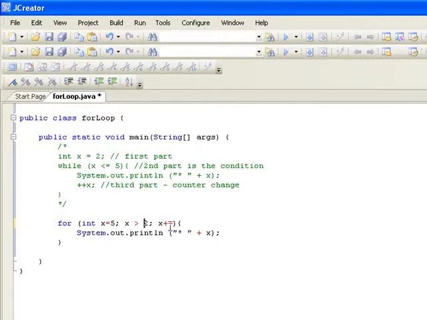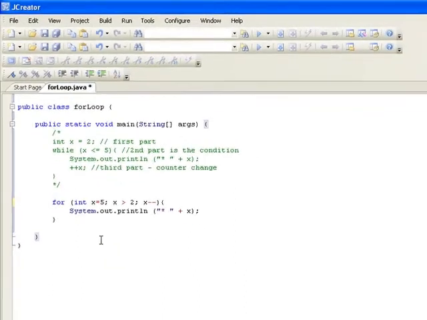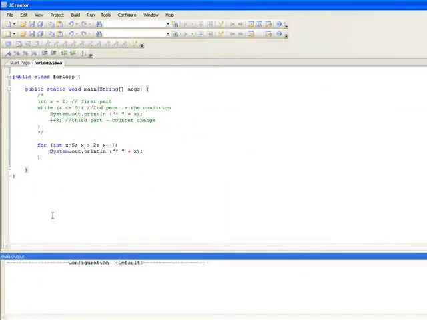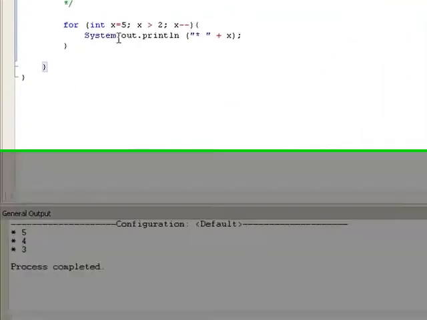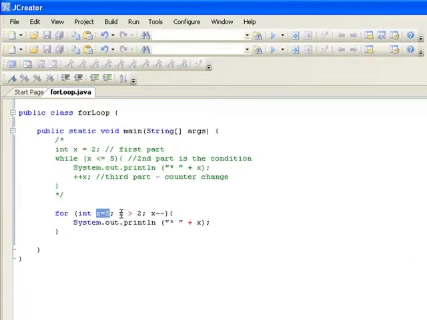So what we need to do, we put minus minus. So start with 5, greater than 2, it will print 5, then 4 greater than 2, it will print 4, and then 3, minus minus, 4 minus 1, 3, and 2, and when it reaches 2, not greater than 2, and get out. You see, 5, 4, 3. Start with 5, check, then print and decrease to 4, then check again 4 greater than 2, and so on. So this is the process of